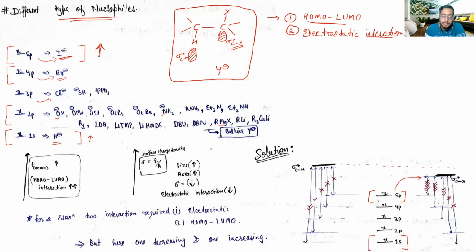But the second thing, from the HOMO-LUMO interaction, we see that all the nucleophiles try to donate their electron into the low-lying sigma star CX. Why would they donate into sigma star CH? It is of higher energy, so no one wants to donate into the LUMO of sigma star CH. But there is another case. The second thing is electrostatic interaction. What that means is,